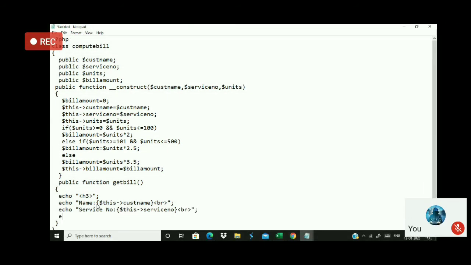The next one is echo units consumed, and units is given as this hyphen units, the property name. Again a BR tag. And finally the last one is bill amount, given in this hyphen bill amount here.